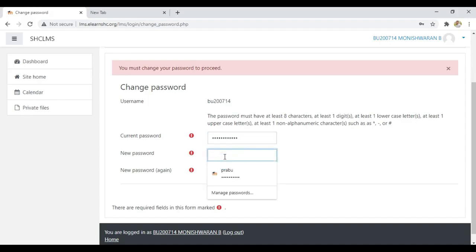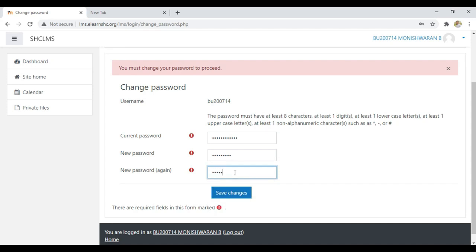After this, try to enter the new password. The new password can be completely new, or you can type the same password that you used in the current password and add a letter or a number or a special character like @ symbol in the new password and type it. Repeat typing the new password again without changing anything in the next column. See to it that you type the exact password that you have done in the new password without changing any character.